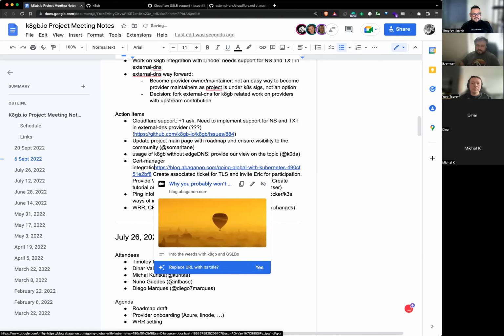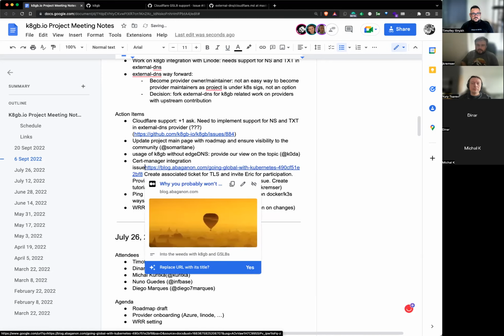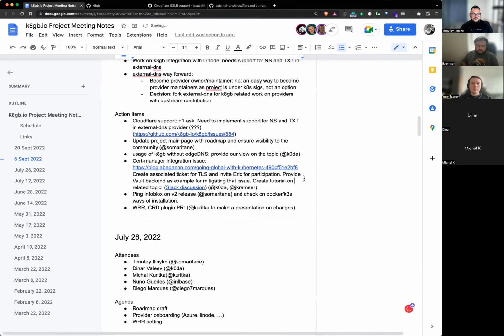Yeah, I have an update on this. I cloned the repo from Dinar and continued on this work, and I'm still on it. Currently, it's able to deploy. I've provided the Tilt file, so I was playing with Tilt as well. It's pretty cool technology actually. It makes the developer cycle easy, so you can save the file and rebuild your Docker image and redeploy everything to the Kubernetes cluster.